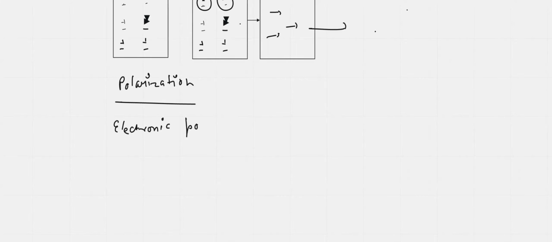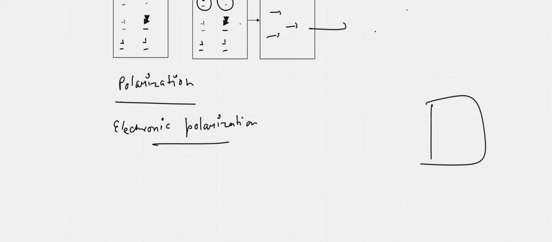Electronic polarization, what does this mean? It means that when you provide an electric field, it displaces the electron cloud to some relative position. For example, if you have applied an electric field,